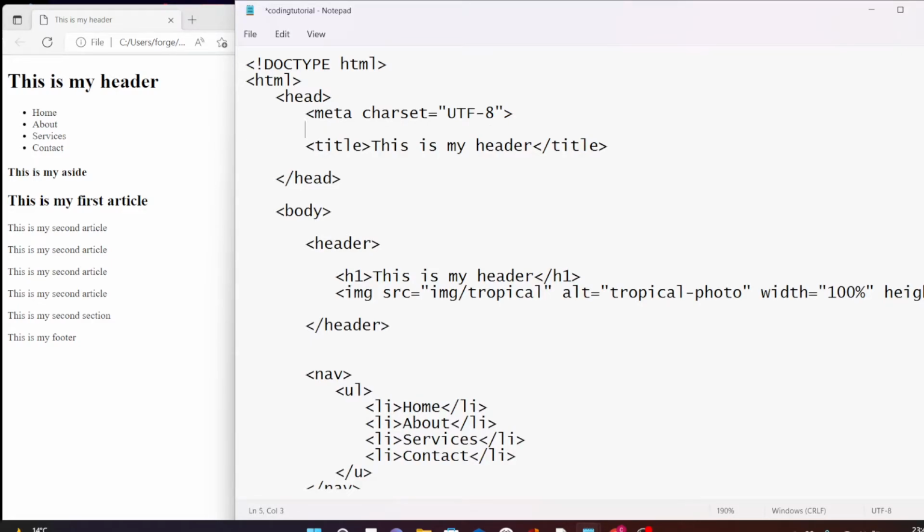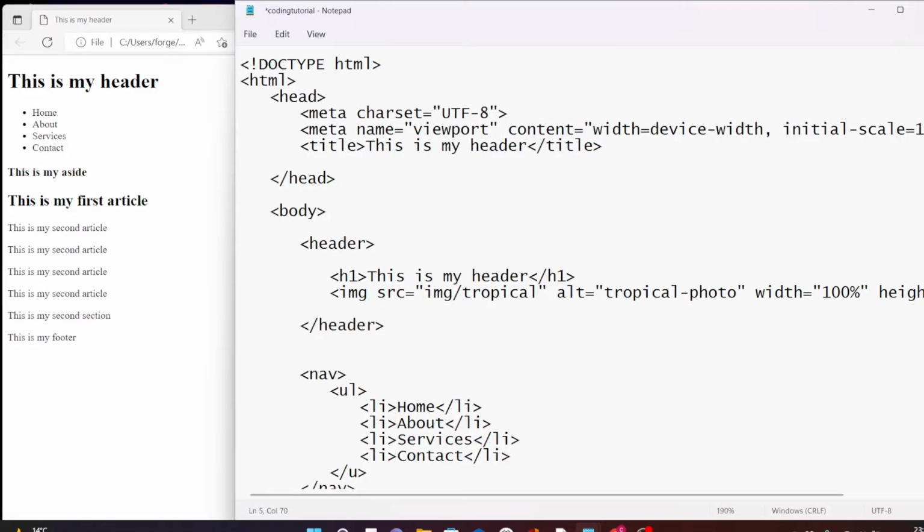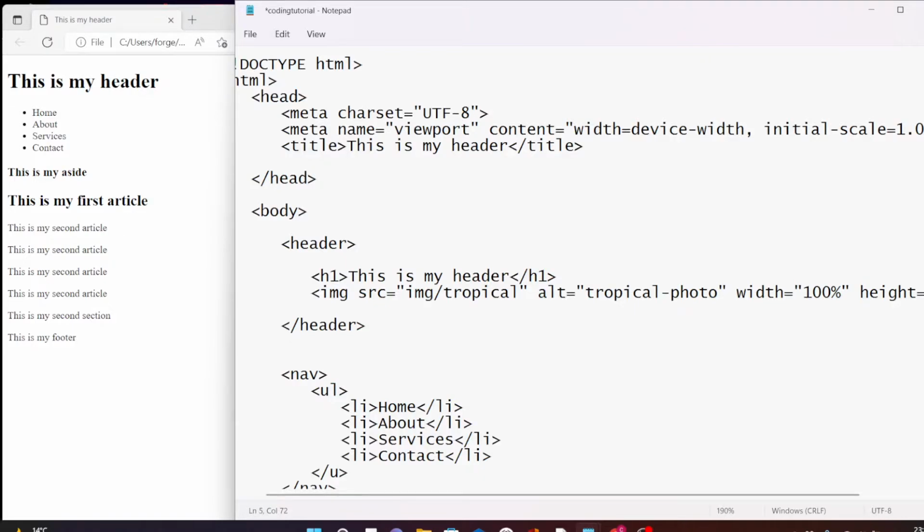I'm going to say less than meta, one tab space, then name equals double quotes, viewport, close with double quotes, one tab space, content equals double quotes, width equals device-width, comma, one tab space, you write initial-scale equals 1.0, then close with double quotes, then finally close with